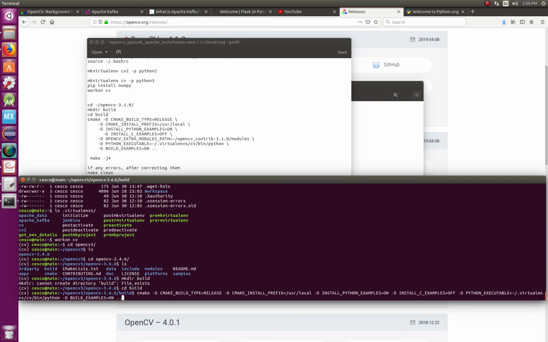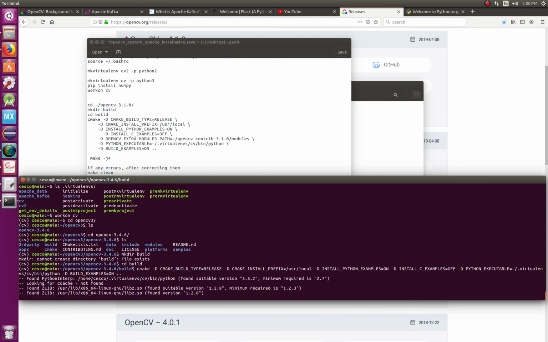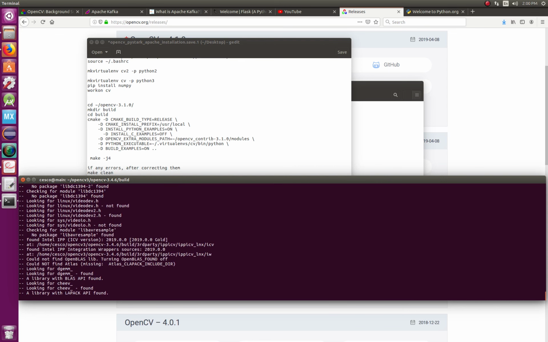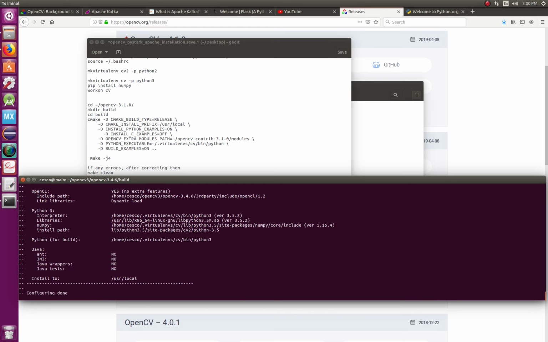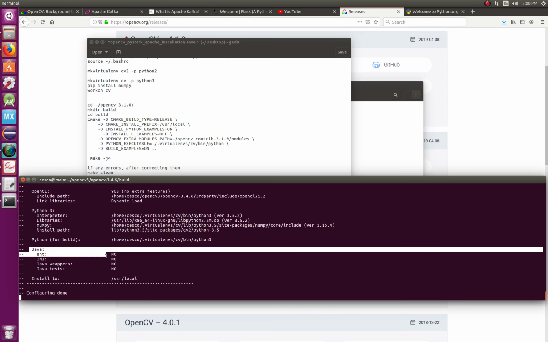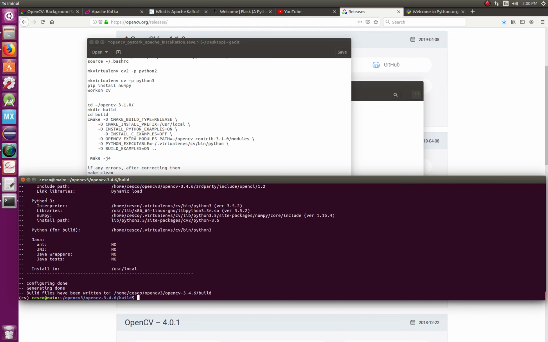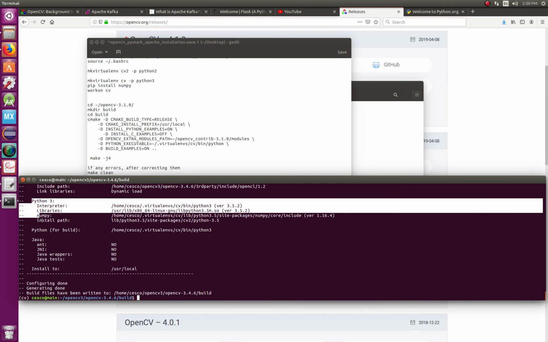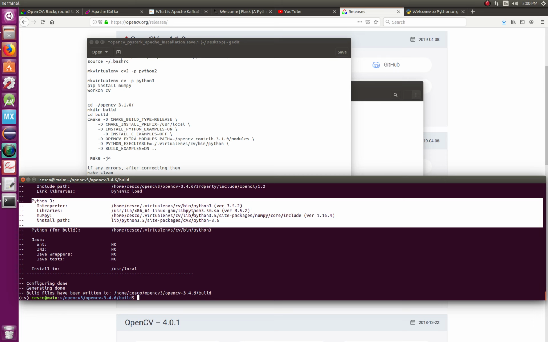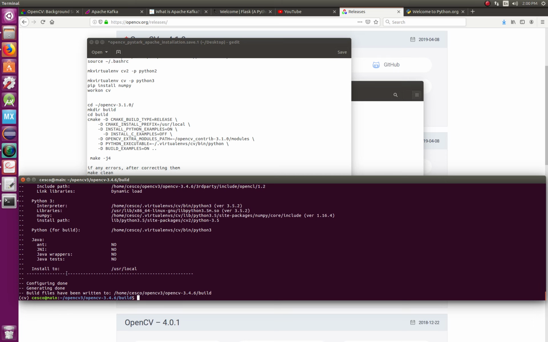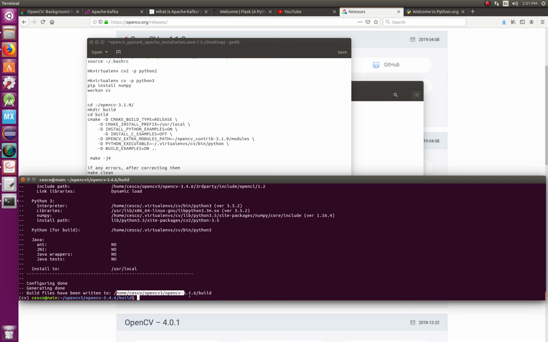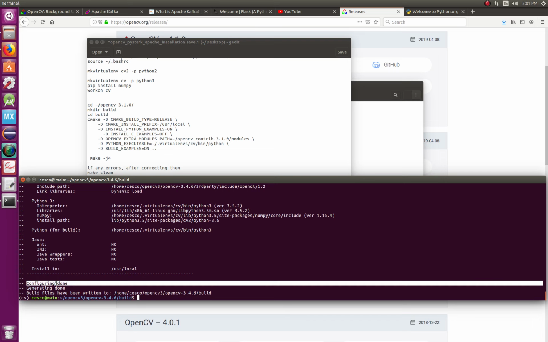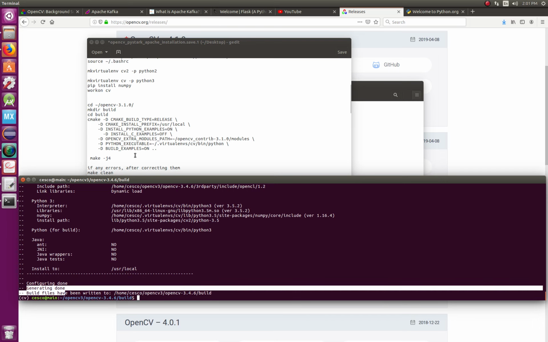Once you hit enter, it's going to start telling you what you need. Hopefully you have everything. I don't have Java in this one. I should have put Java, but that's fine. But you have Python 3. This is your most important thing. Everything looks good there. And it's going to the user local. And the build files are inside that build directory that we created. It is configured, it's generated, and now you can do